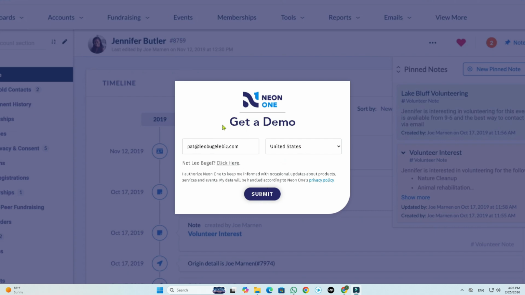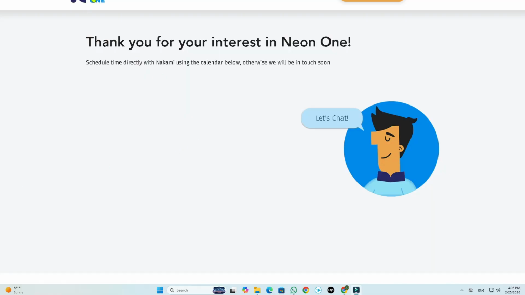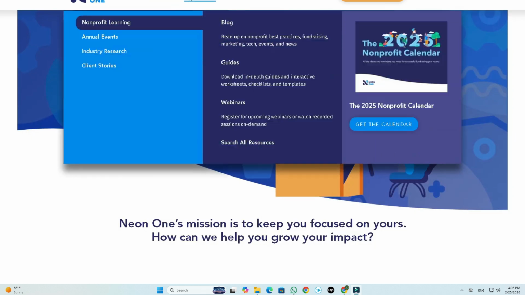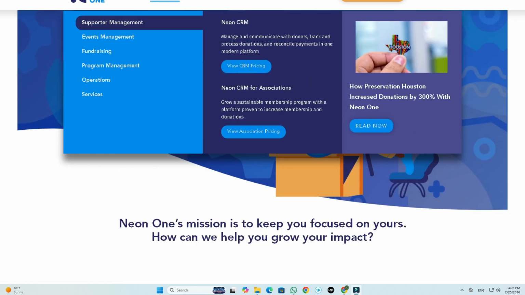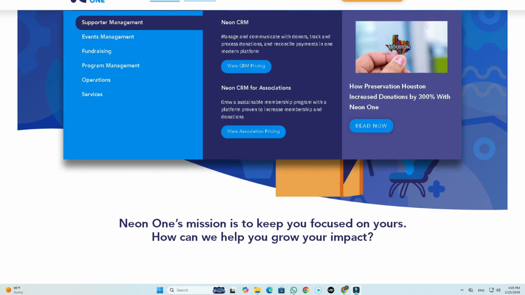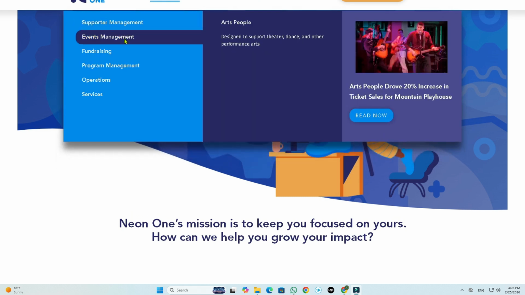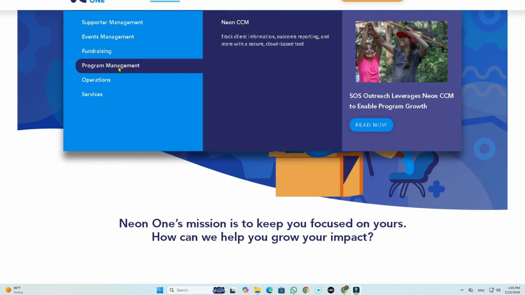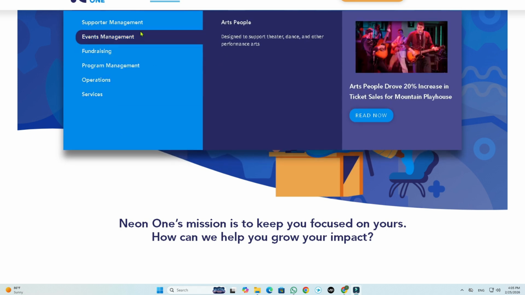But if you don't want that, all I have to do is go to the homepage, because you would notice that there are a lot of sections on the top corner: the solutions, resources, customers, partners, and the About Neon One. If you go over to the solutions, you would notice that they offer a lot of features for supporter management, events management, fundraising and program management, operations and services. So we're going to deal with the